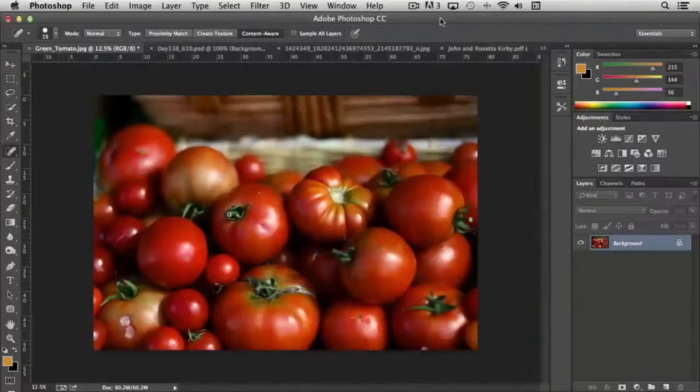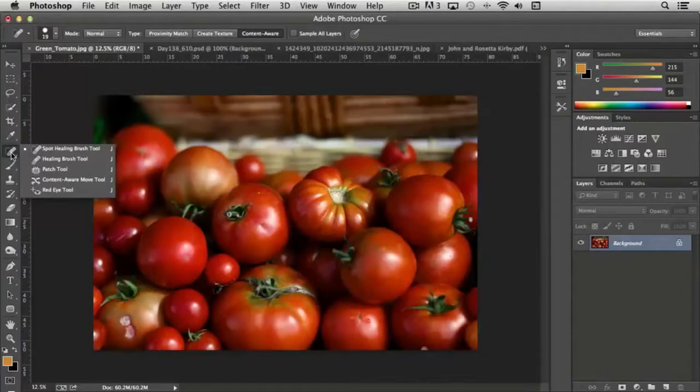Photoshop provides us with a number of amazing retouching tools that we can use to fix photographs, remove blemishes, a lot of different options that we have. And in this video, we're going to take a look at what's available to us. First thing we're going to take a look at is the healing tools. And I love these tools. They are just amazing. I don't know how they do what they do, but we're going to go through them